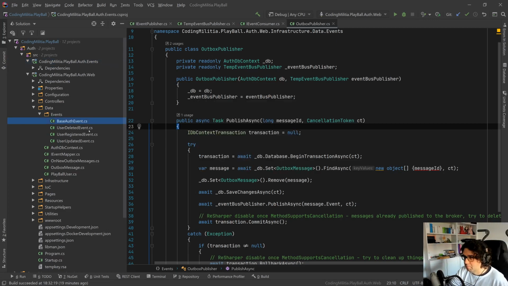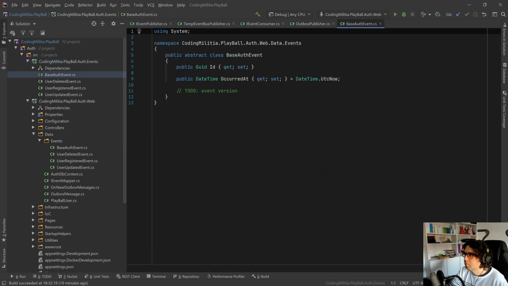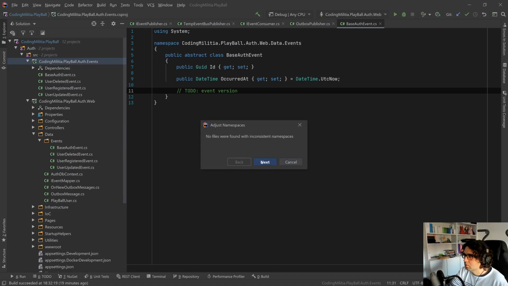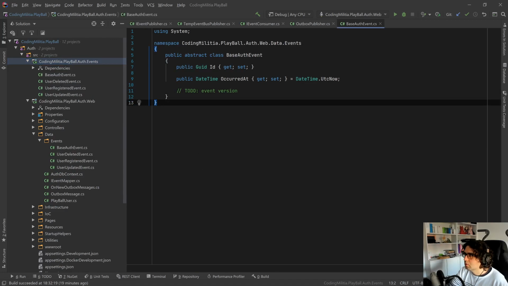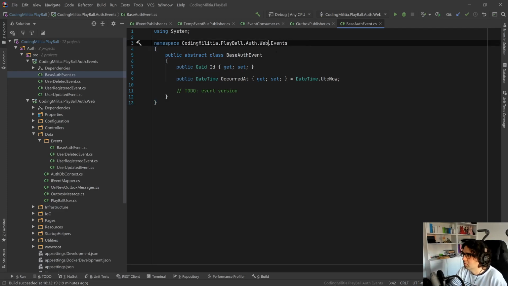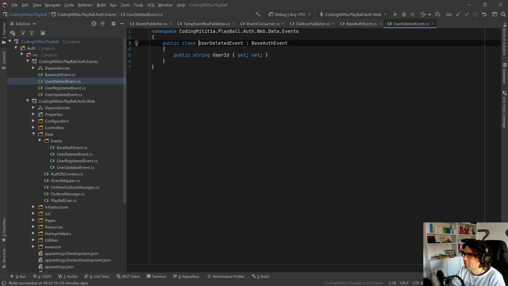I'll just copy them because maybe they will be the same. Really? This is not right. Why didn't the refactor work? In fact,